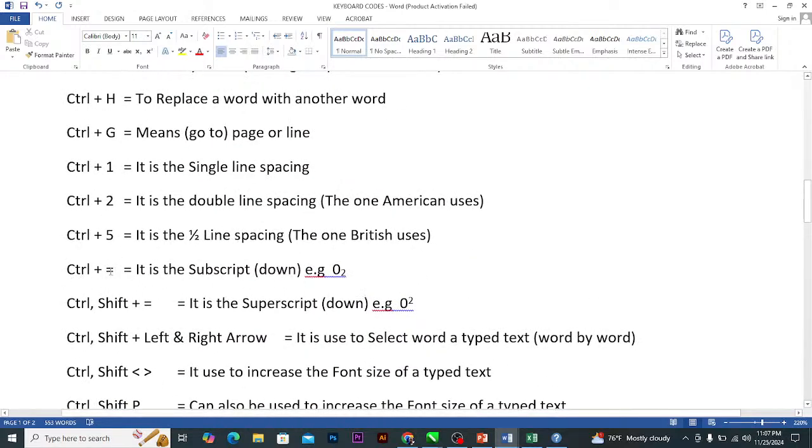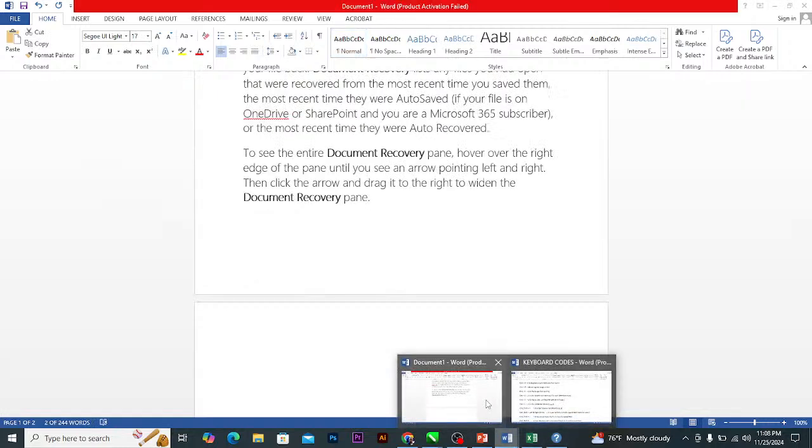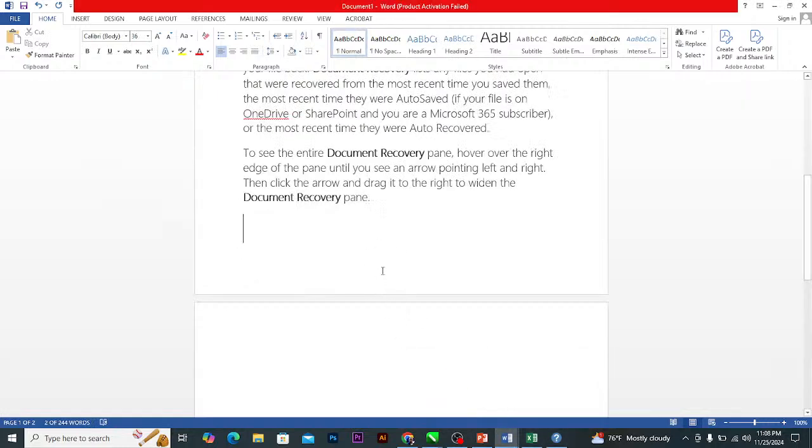Like Control plus equal to, I say it is the subscript that is down, but Control Shift plus equal to, these are three things I'm pressing at the same time, is a superscript that is taking you up, like this water stuff, underscore down 2. So we can practice it, right? Let me just do a very quick one here. I press O2. If I select only the 2, if I highlight only the 2, someone will ask a question: